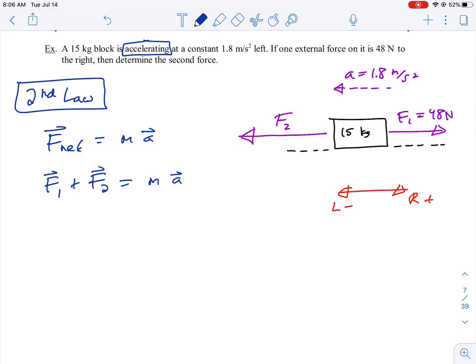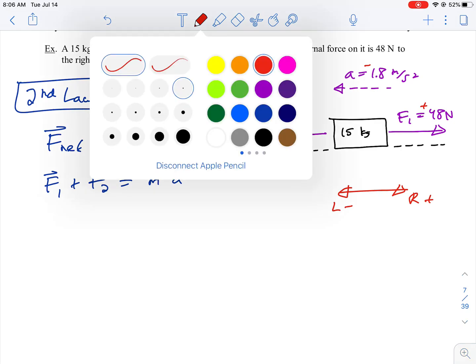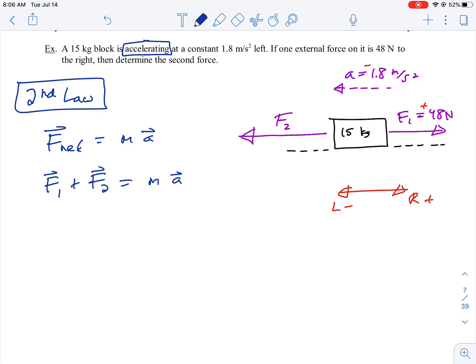And to keep things simple, we're just going to substitute the numbers in now. And if you want to, you can put the proper kind of reference on the diagram itself. Acceleration to the left, so that's going to be negative. F1 is to the right, so it's going to be positive, and we expect F2 to be negative when we're finished. All right, let's put the numbers in. So F1 is going to be positive 48